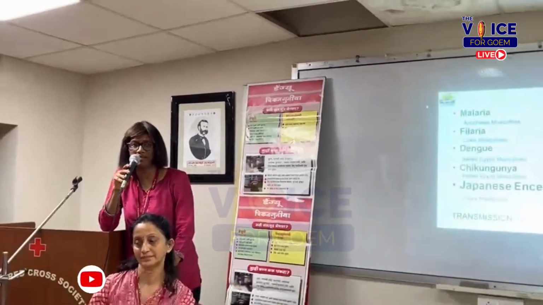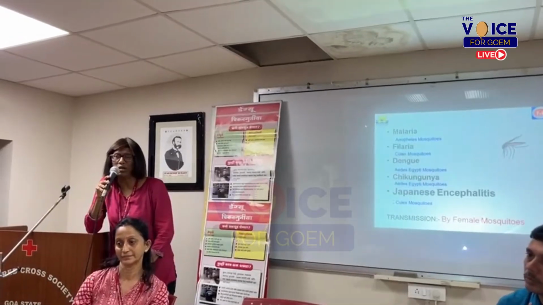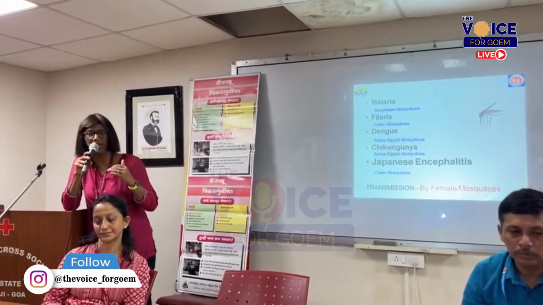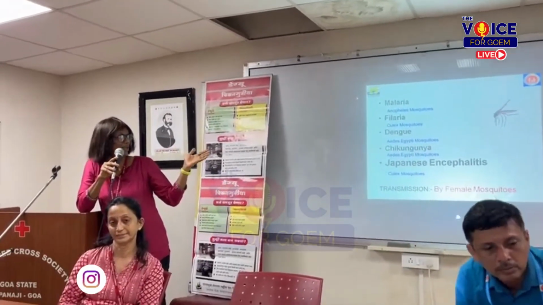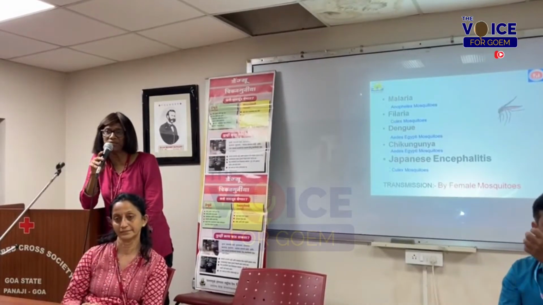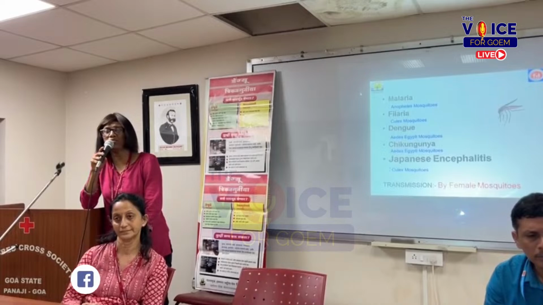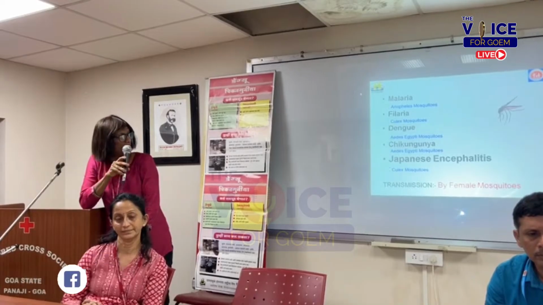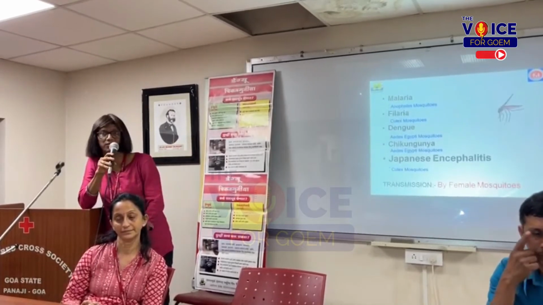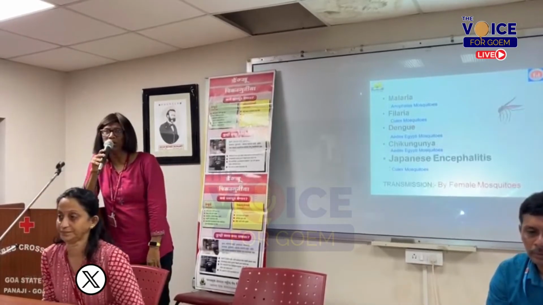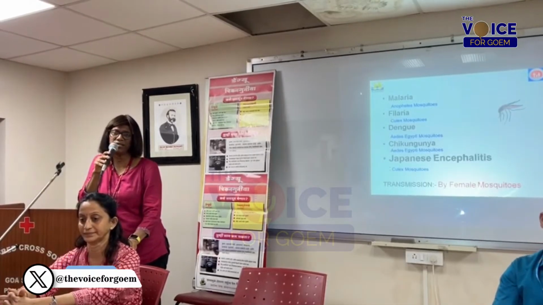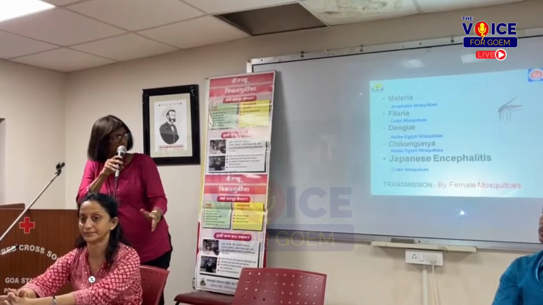Dengue happens to be one of the vector-borne diseases. So what's the vector? Vector is the insect, especially the mosquito, who is a part of the life cycle. So this mosquito spreads dengue as well as other diseases like malaria, filaria, chikungunya, Japanese encephalitis from one person having the disease to an uninfected person. So today we are going to focus more on dengue. But just as an overview, there are various mosquitoes, different species of mosquitoes, and each of them spreads a different disease. Now going on to the next slide please.